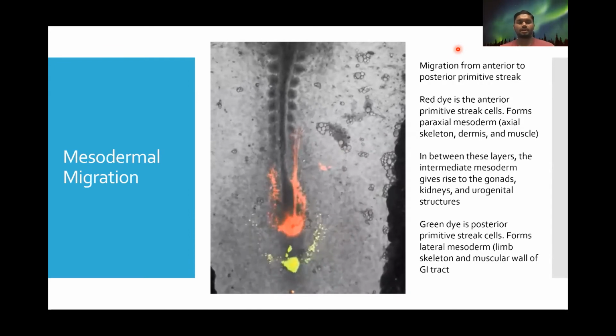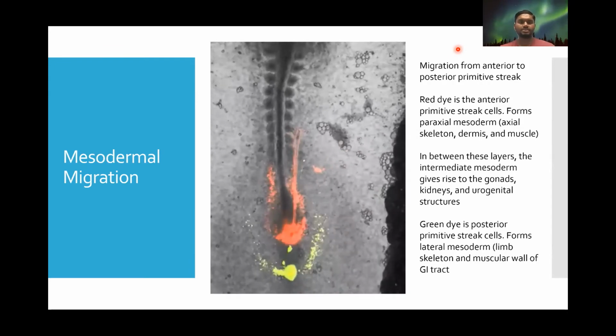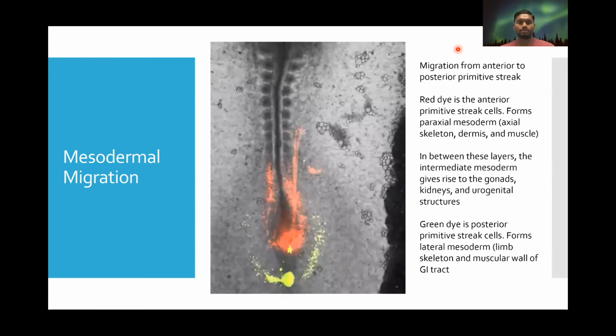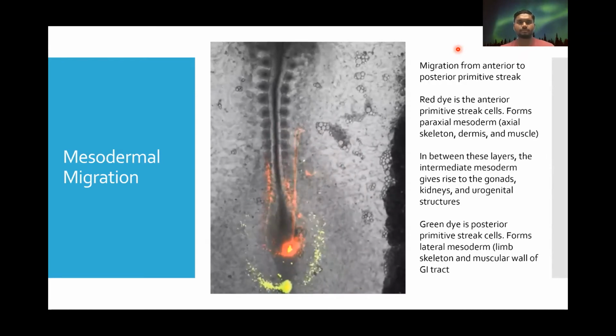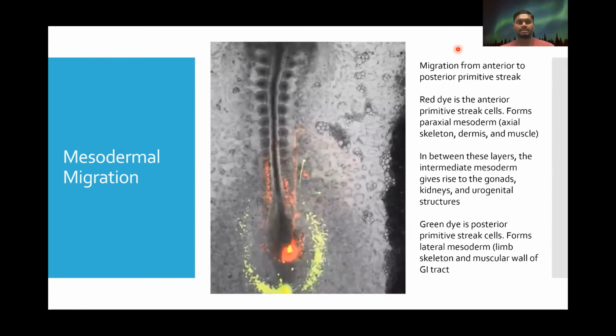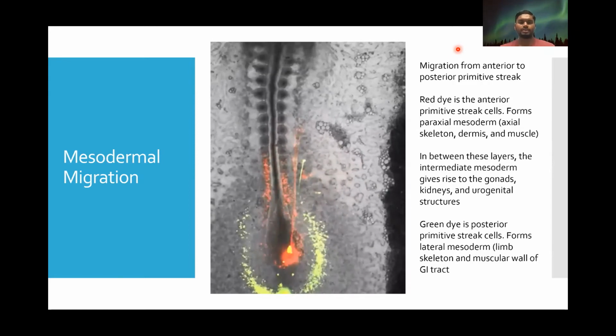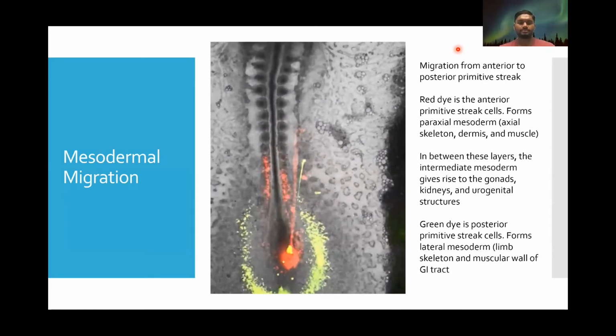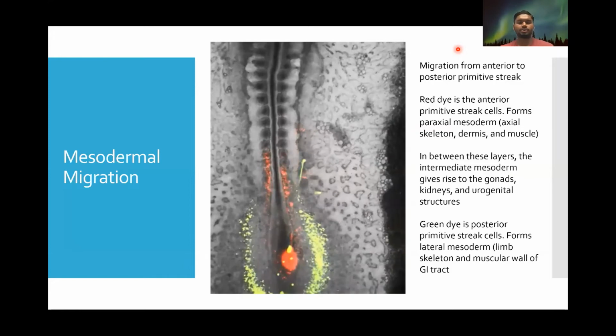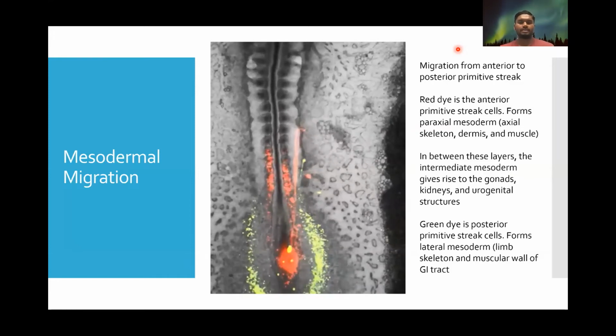as well as the dermis, the muscle. And you can even see from this video that even so early in the embryonic development, you can see almost a little bit of the vertebral processes forming already. Very interesting. Now, this green dye that's forming is showing the posterior primitive streak cells, and this forms the lateral